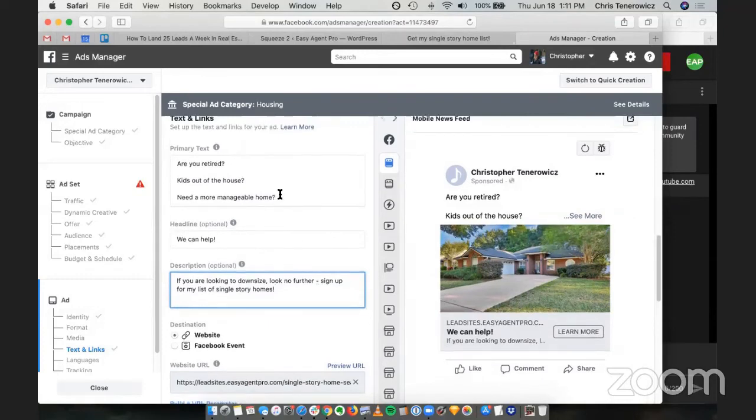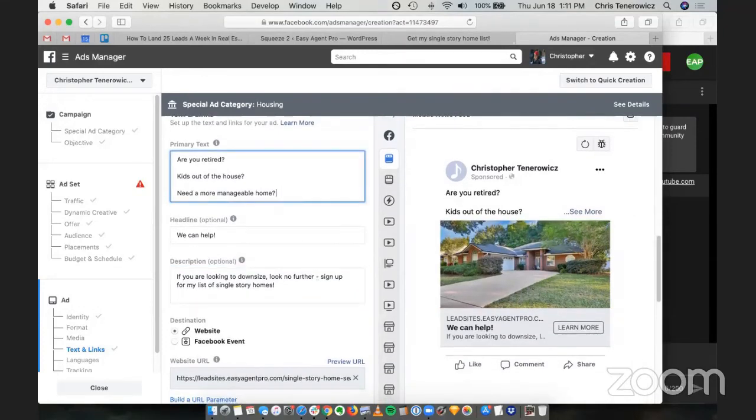Now, you might be wondering why I went with text like this. The reason that Facebook is such an effective ad tool in a lot of ways is because Facebook wants to serve good ads. It wants you to make money on your advertising so that you do it again. So even though you might not have the targeting characteristics that were available a couple of years ago to target retired people, people with teenagers, things like that, for a housing ad, because of anti-discrimination laws, you can still put information that would suggest that in the text here.